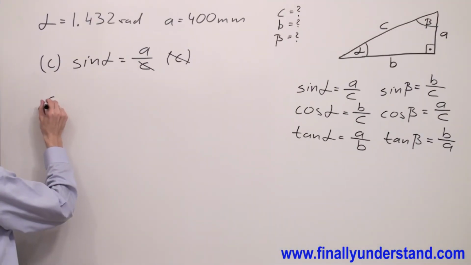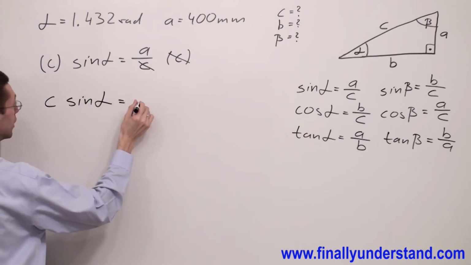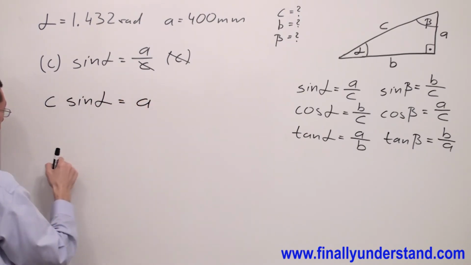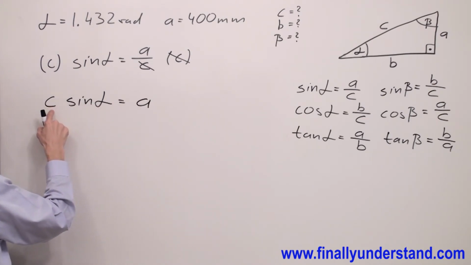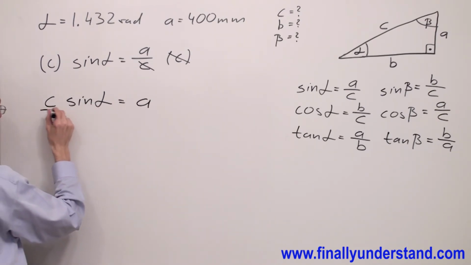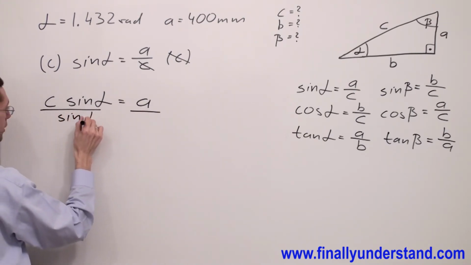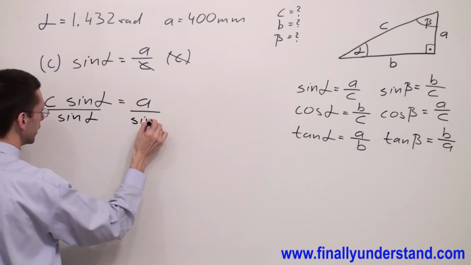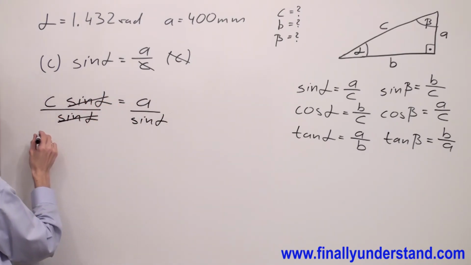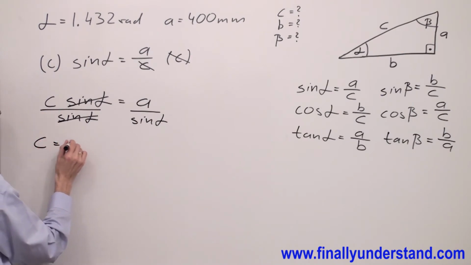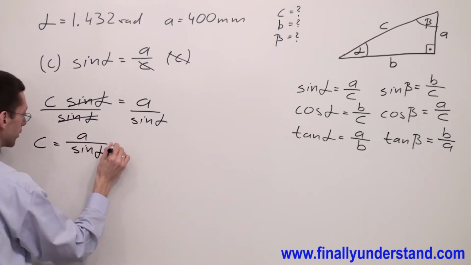I have C sine alpha is equal A. In order to solve this formula for C, I'm supposed to divide both sides of this equation by sine alpha. Sine alpha and sine alpha will cancel out, and I have C is equal A over sine alpha,